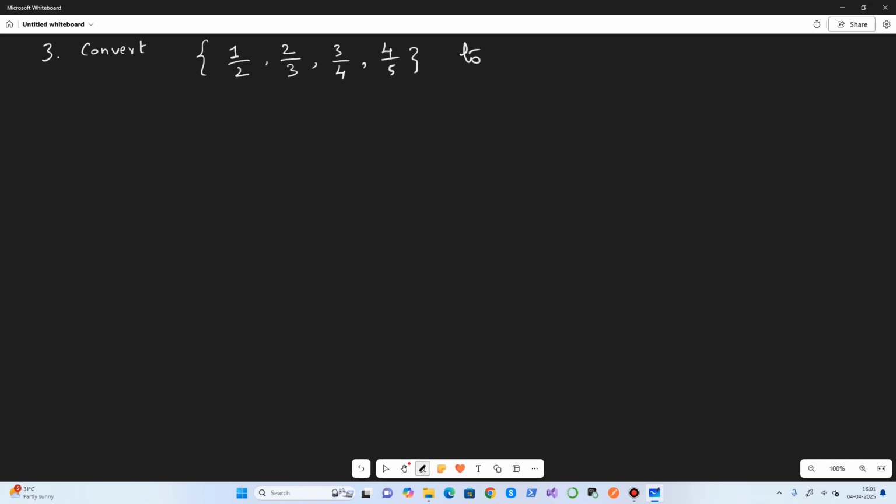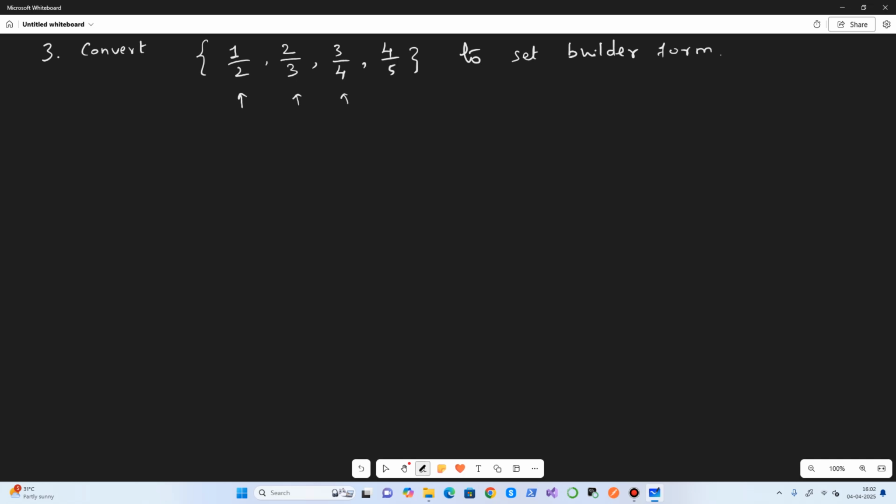Convert this to set builder form. The first form given is the roster form, so we have listed all the elements in the set. Now we have to inspect each of these elements and see what the common property is.